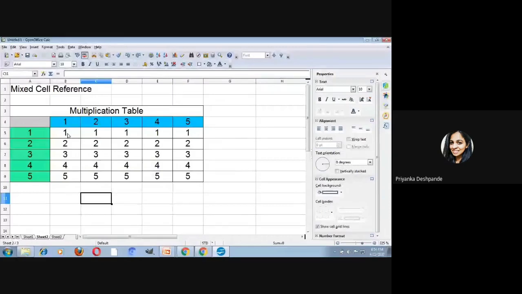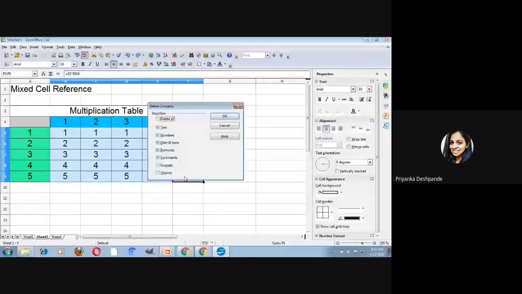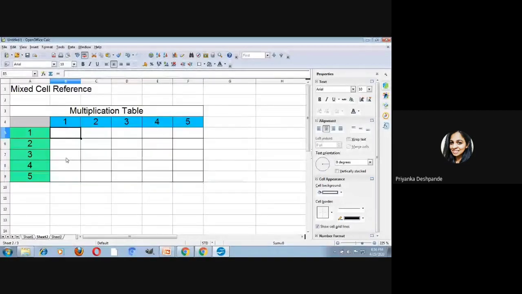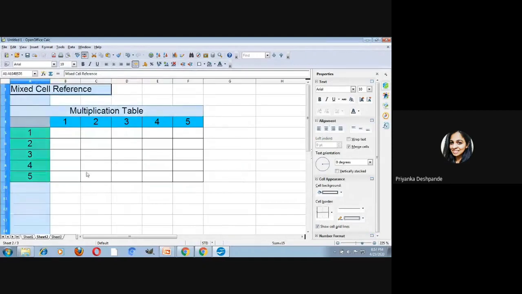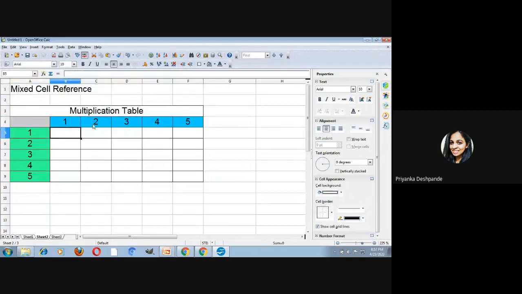Now we have used the concept of relative cell reference here as well as absolute cell reference, but to get the exact address we need to use the mixed cell reference concept over here. Now what is that? We are going to fix this column as 1, 2, 3, 4 and 5 over here is a fixed value. So it is in the column A. We are going to fix this column and we are going to fix this row, that is row number 4. Now let us see how.